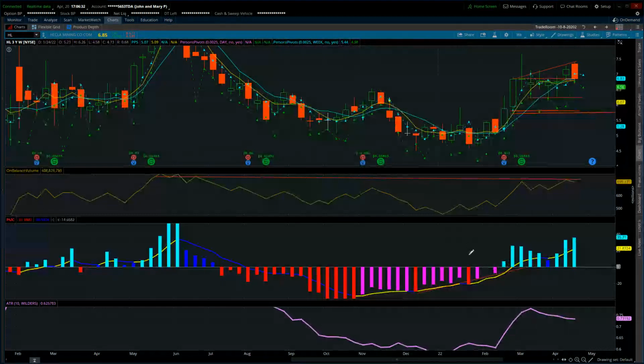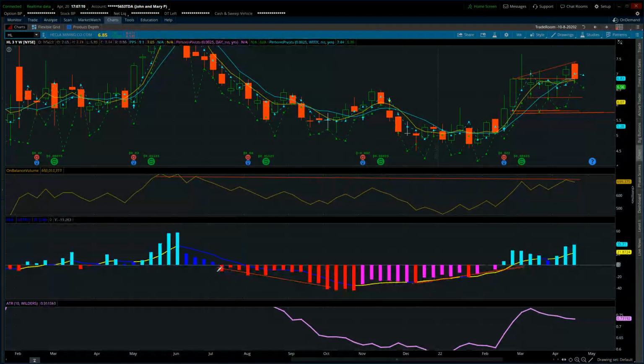So the PMC is not a fading system. It doesn't really generate buy or sell signals. It just confirms momentum and performance strength or weakness. And this is the key. If you're looking for buying opportunities, you want the momentum or the relative strength to be improving. So therefore, you want the bars to be getting less negative. And when that happens, it's color coded so that you can see the lows are higher than the preceding lows. You can see it's now in an uptrend. It's certainly not in a trending negative mode where the bars are getting weaker and weaker and weaker and uglier,